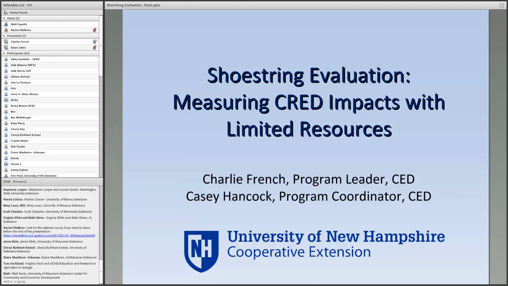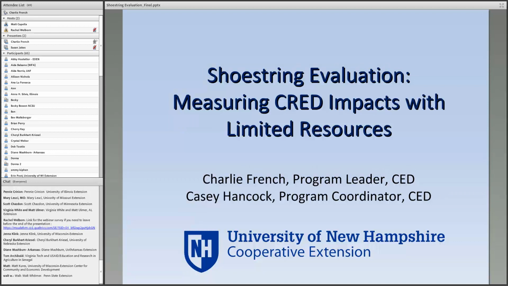There are a couple of scenarios under which all of us probably have to do shoestring evaluation in the sense that we mean it. Oftentimes we are asked to do evaluation work after a program has already begun, so we don't have the opportunity to collect baseline information to gauge our progress.